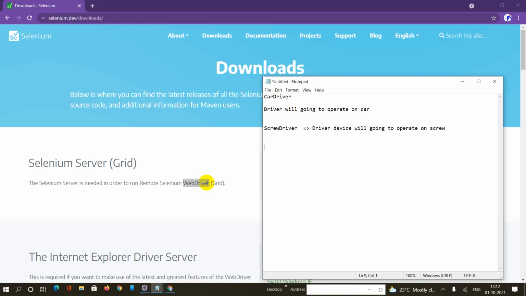Software testers want to select the language they are comfortable with. WebDriver architecture supports different languages, so bindings are available for a range of languages like Java, Ruby, C Sharp, Python and PHP.